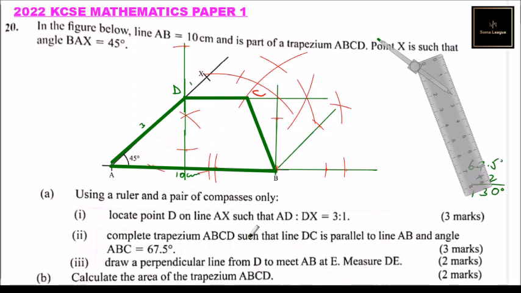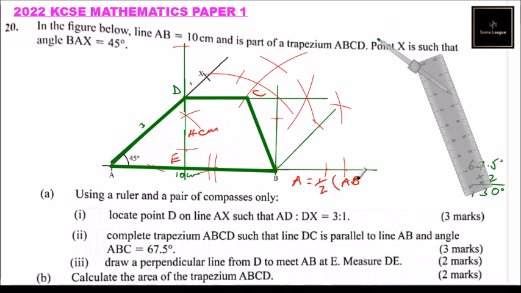From there, draw a perpendicular line from D to meet AB at E. We have already done that. This is our E. Calculate the area of trapezium ABCD. If you do it correctly, you find DE. DE is 4 centimeter, and therefore area, we can say area is equals to a half